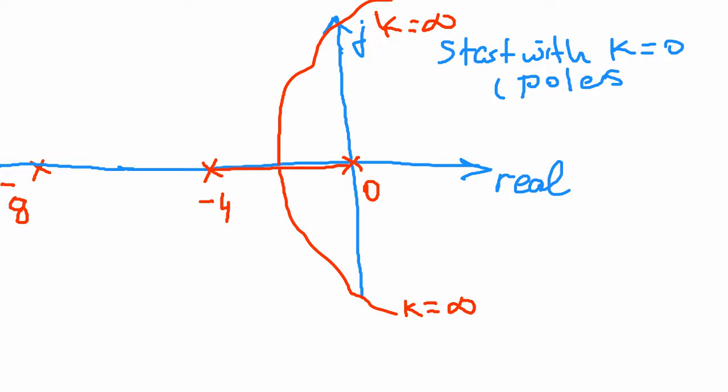That one was k equals 0. That one was k equals 0. But this pole, k equal infinite, it goes like this. So if you have a curve like this,